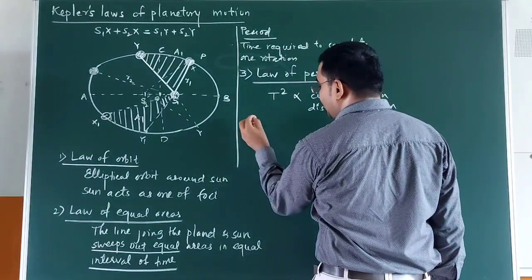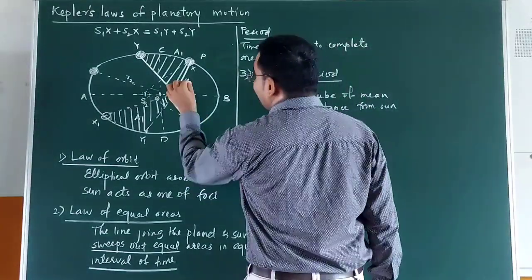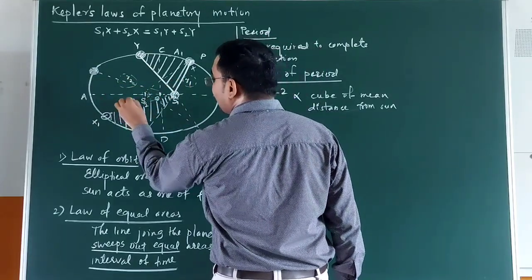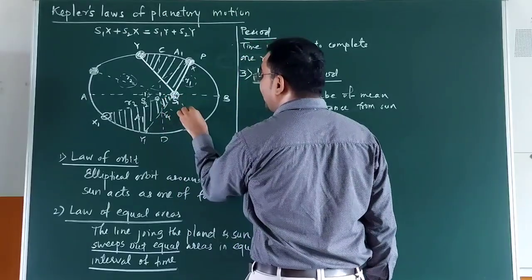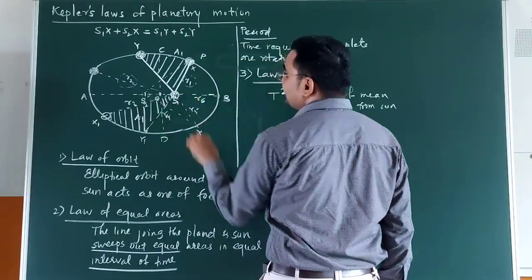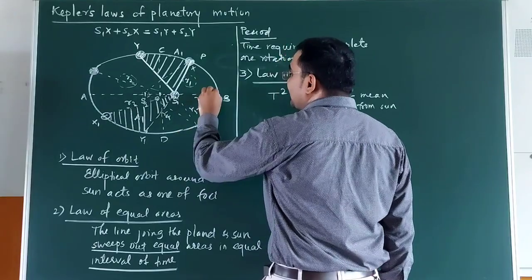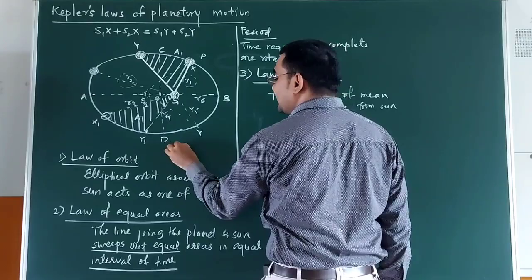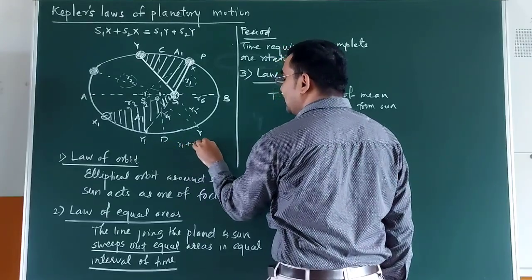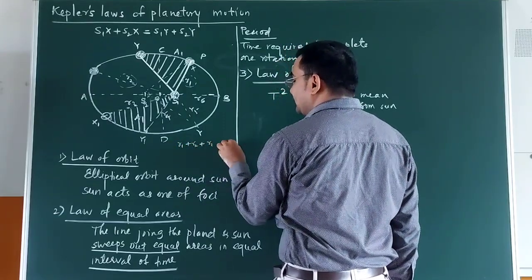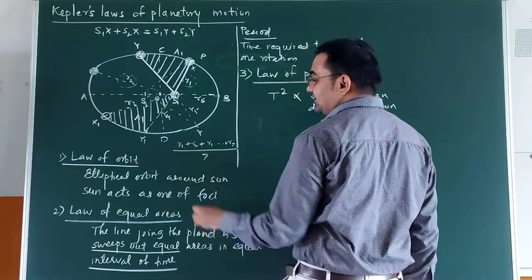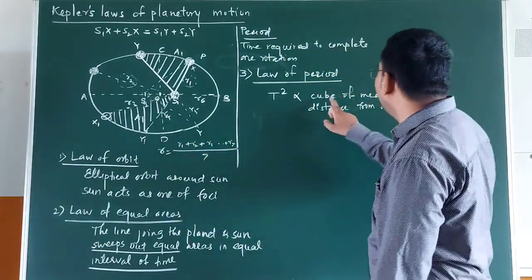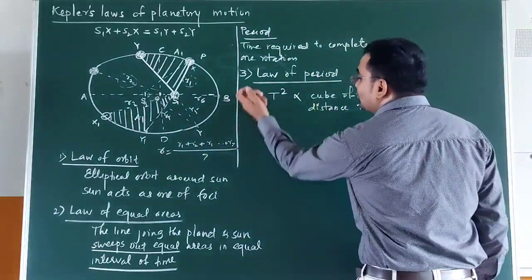Square of period of rotation. So if I say R1 is the initial distance, R2 is the next distance, then R3, R4, R5 and so on, say R6. So if the planet has changed position through 1, 2, 3, 4, 5, 6, 7 positions, then the radii are R1 plus R2 up to R7, and the mean of that will be divided by 7. Whatever the value of that mean is, this mean will be used here to state the law.